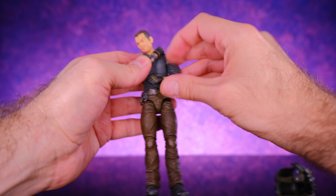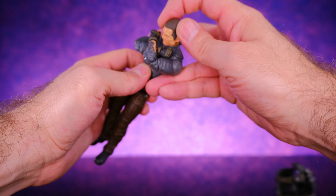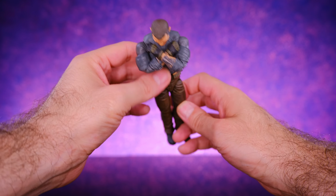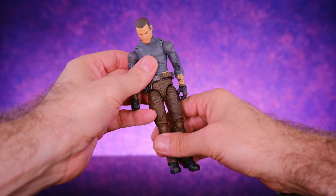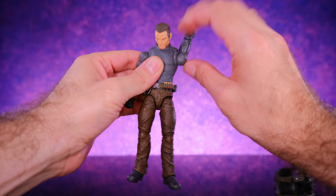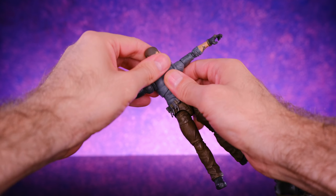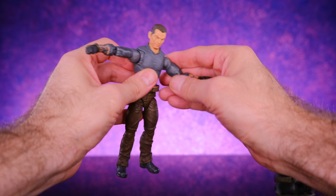Let's see. Oh, there we go. Get his arms in front of him. This is always nice. Yeah, so pretty good stuff with the butterfly joints. And then he does have ball joints at the shoulder, so his arms can go all the way around. You could bring them up to the side a really good amount. And then he does have